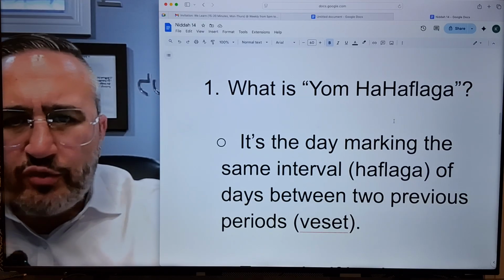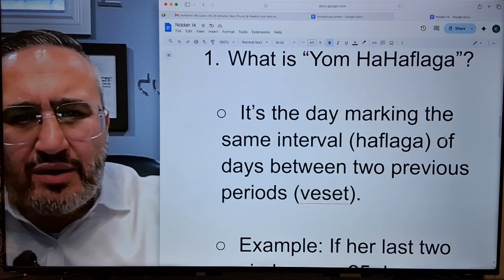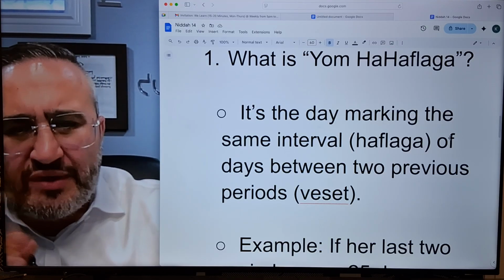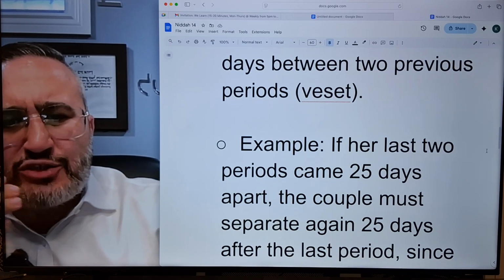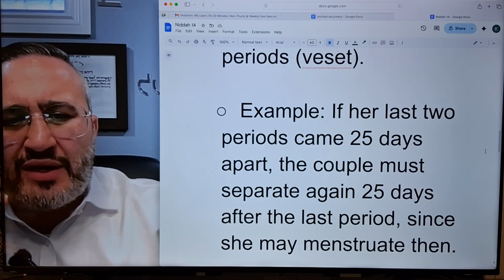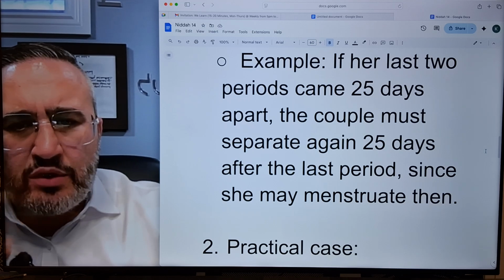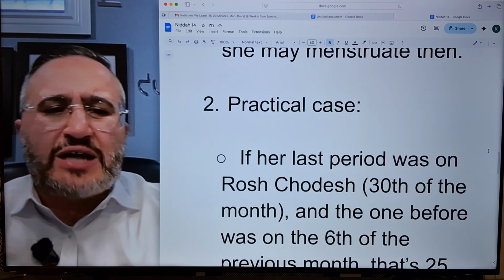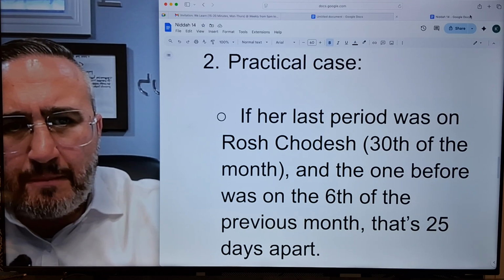Rabotai, chazara, review. What is Yom HaFlaga? It is the day marking the same interval of days between two previous periods. Example, if her last two periods came 25 days apart, the couple must separate again 25 days after the last period, since she may menstruate then. Practical case, if her last period was on Rosh Chodesh, on the 30th of the month,